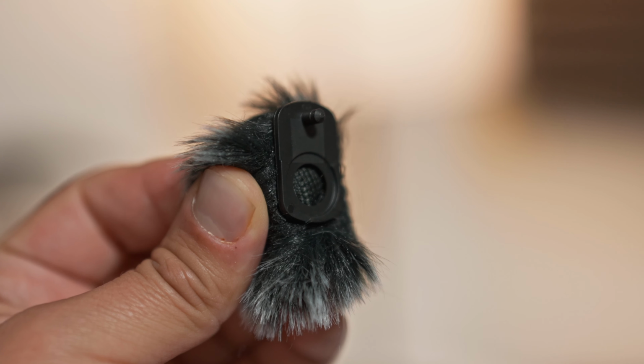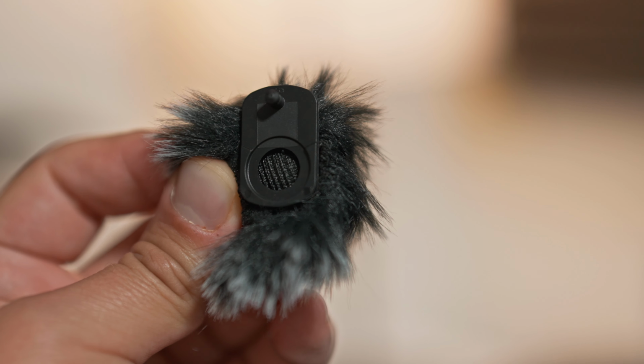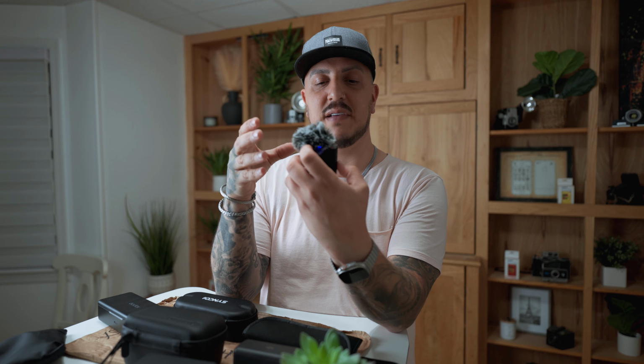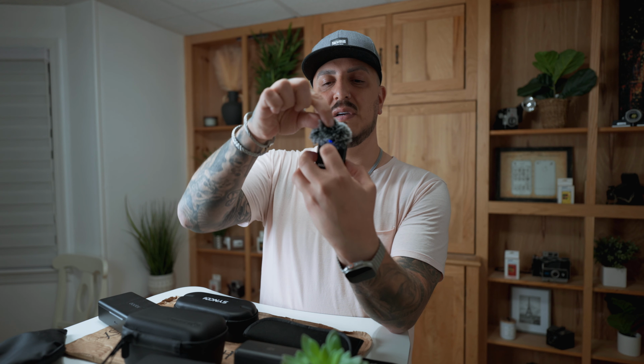These wind puffs have a weird design to them. I'm sorry guys, I don't know who finalized this design, but they have this little prong on them, and that's how they sit on top of the microphone. And I say sit on top because they just sit on top there. And that prong goes inside of the microphone jack where you would plug in a lavalier. And the weird thing is it just...